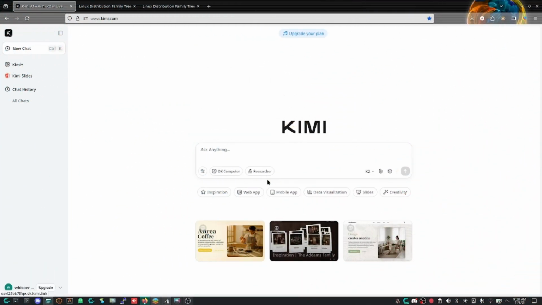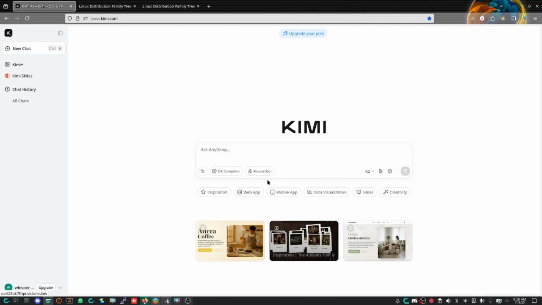What if I told you that everything you're about to see, the research, the writing, the graphics, and the code, was not done by me, but by an AI in 8 minutes? We're not talking about a simple paragraph here, okay? We're talking about a full, professional, multi-page website where you can scroll and you can view from mobile, Mac, Linux,